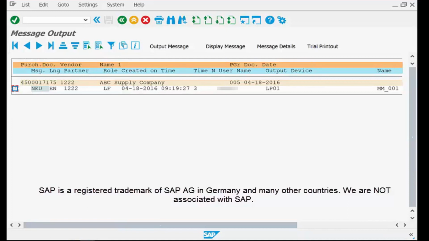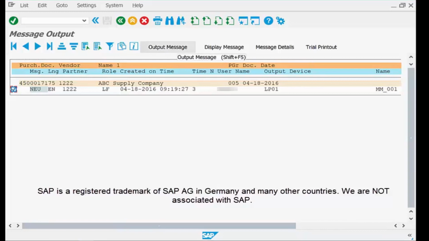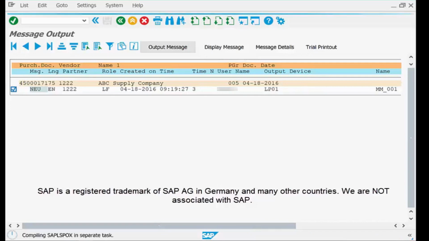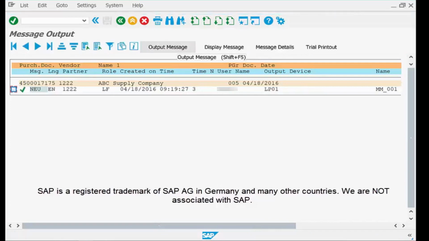Now what you have to do is select the PO and click on the output message, which sends a system-generated email to the vendor with the document copy of this PO. But based on my experience in four to five industries I have worked in during my career, the standard practice Indian industries follow is to take a print of these documents, get a signature approval from our procurement head or whoever is the concerned approving authority, put a stamp on it, and then scan and send it to the vendor. This is the standard practice Indian industry is following.